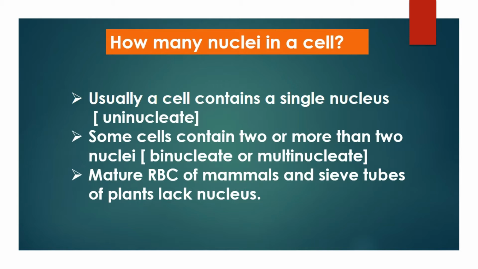Are there cells which do not contain nucleus at any stages of their life? Yes, in some cells like bacterial cell, nucleus is not at all present in any stages. But nuclear material is embedded in the cytoplasm. There is not a structure called nucleus. Such cells which lack a well-defined nucleus are called prokaryotic cells. Pro means primitive and karyon refers to nucleus, which is considered as a primitive type of nucleus.